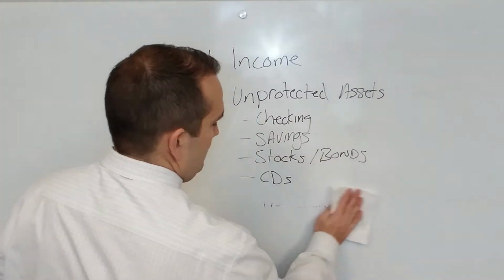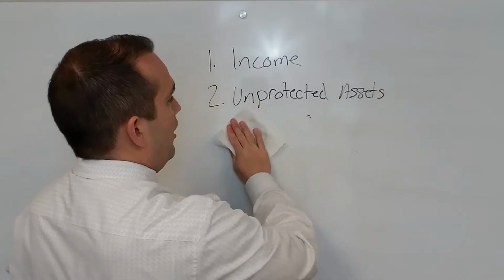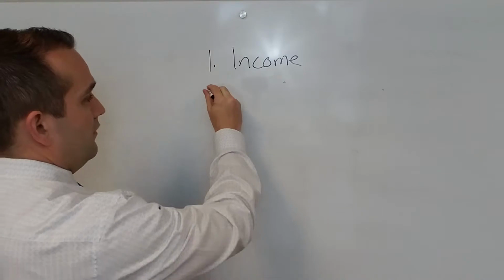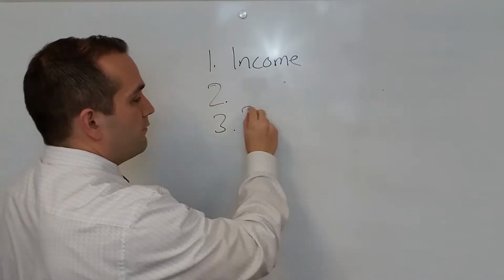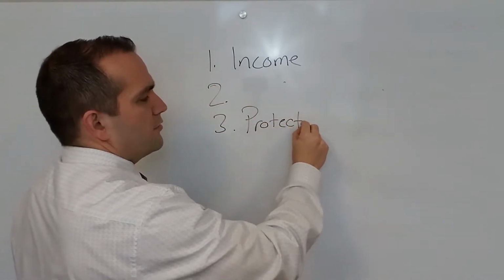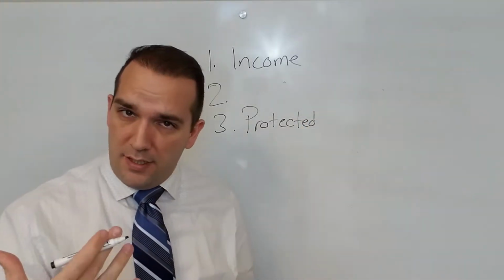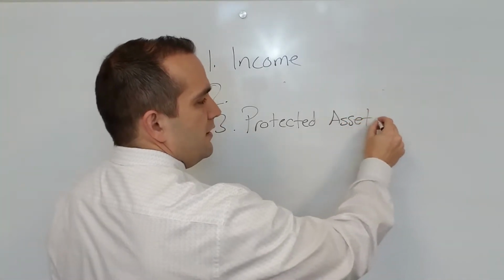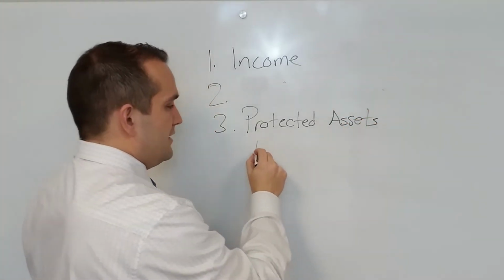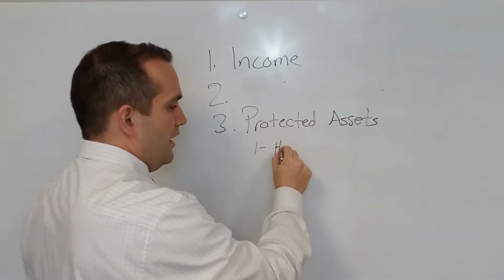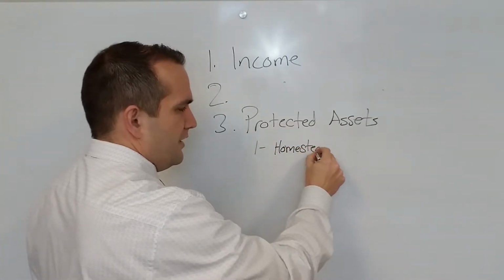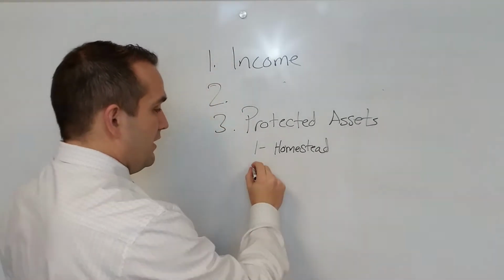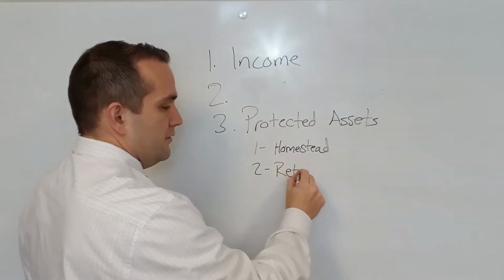Now, all right, let's go off of that. That's your unprotected. Wait, I probably could have left that up there, make it easier. But let's go over number 3, protected assets. This starts showing, let's go over the protected assets, because I want to start explaining to people what is protected. Because then all of a sudden they go, in Texas, our number one thing is your homestead. Oh yeah, Texas, this is great. You can keep your house no matter what. Now, the next thing that we have in Texas is retirement accounts.